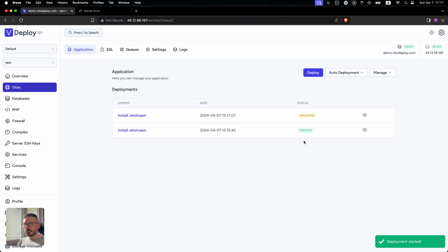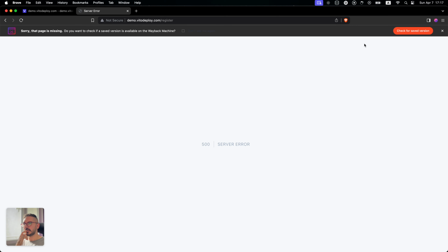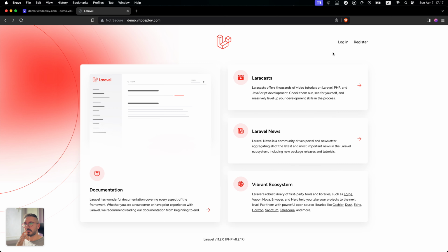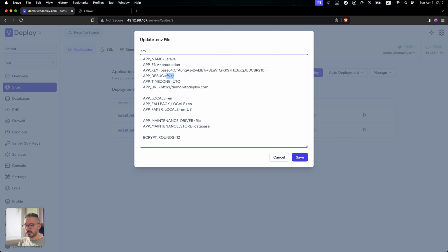It will run the deployment again from the top of the deployment script we had. And when it's finished, we can open the website. Yes. All right, done. The website is there. Let's simply register. Okay, there is a problem here. You see, something is wrong, and we can debug this. How? Let's just set the app debug to true